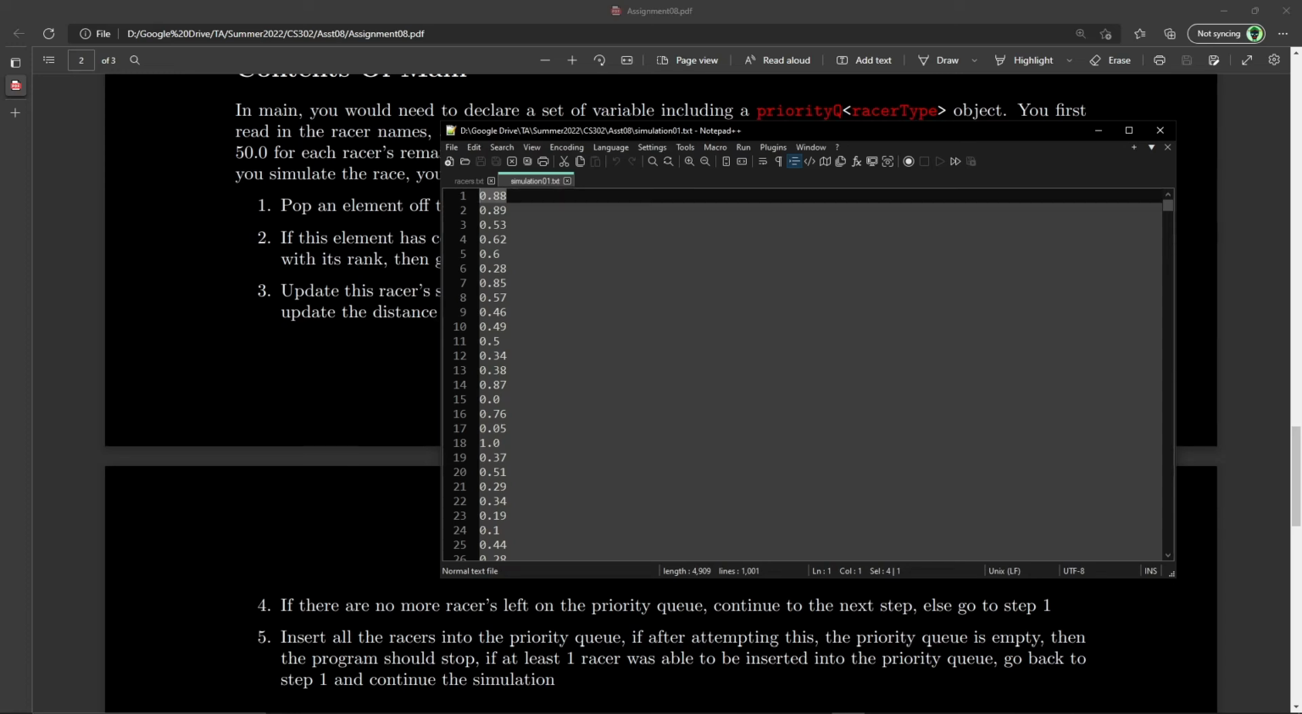Now, if one of them has finished the race, then you're going to just output it and not put it into a vector. You're going to discard that element because it is no longer in the race. So you have that part taken care of. Then you push all of them back into the priority queue and